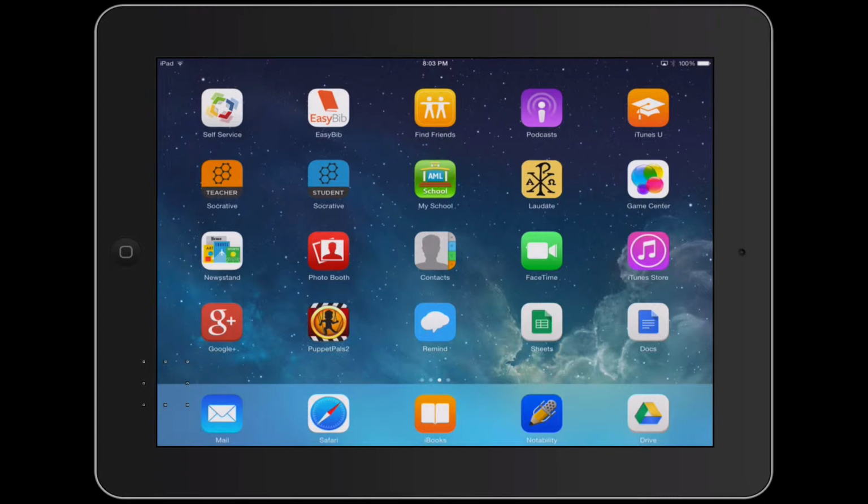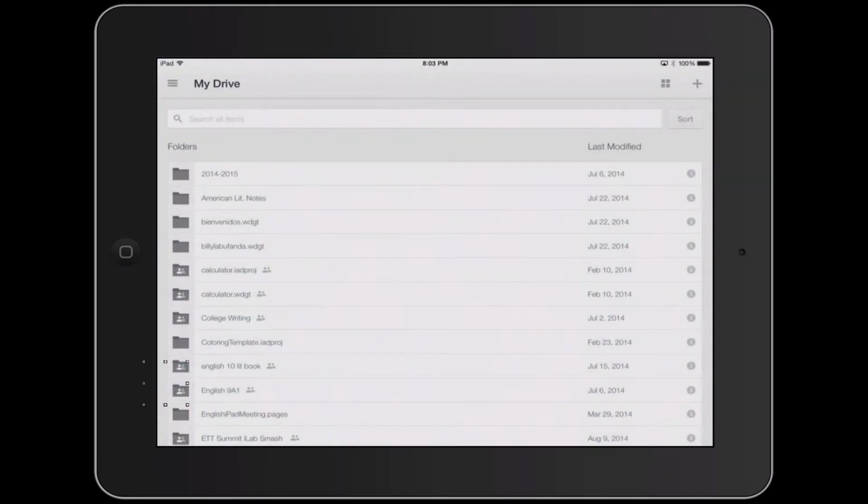I also use another Google app quite frequently. In the lower left corner of the app screen is the Google Plus icon, another one of those linked Google Apps for Education applications. So I'm going to launch Google Drive in the lower right corner of my dock,